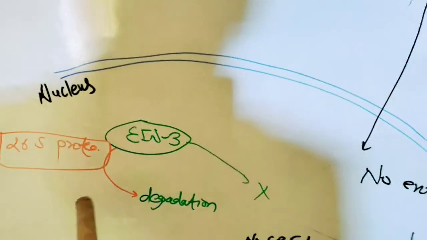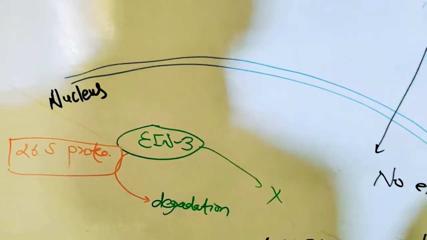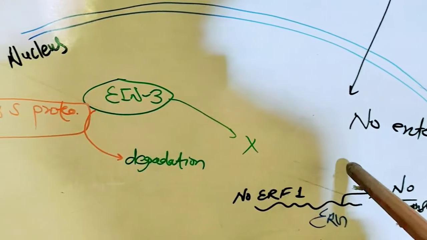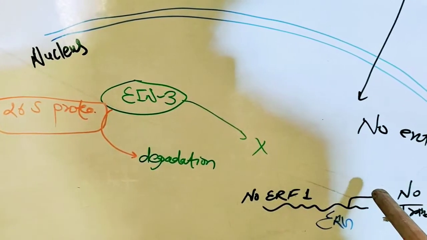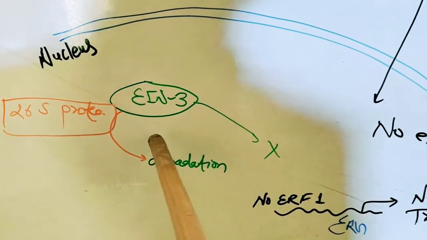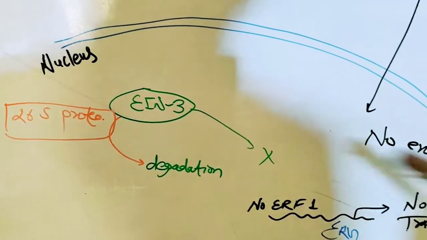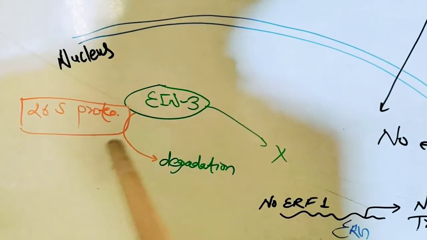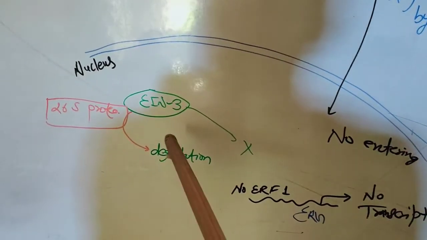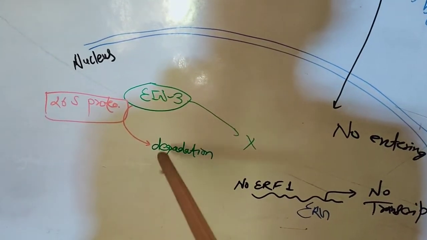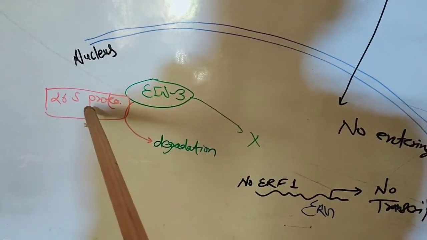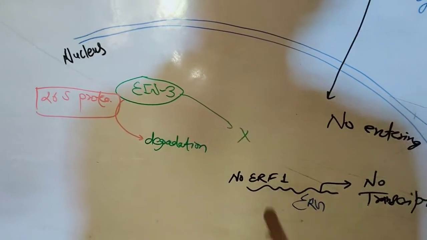It stabilizes the EIN3 protein. If EIN2 is not entering the nucleus, there will be no EIN2 protein to stabilize it. And if EIN2 is not present, then EIN3 will be degraded or ubiquitinized by the 26S proteasomal complex. And after